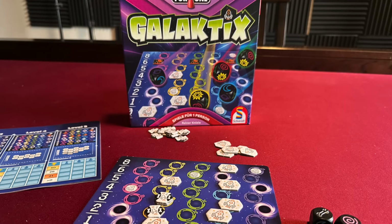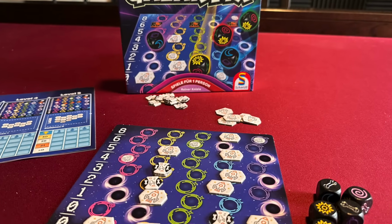Number 8 is part of a series of games called 4-1. There are 4 solitaire-only games that Reiner Knizia put out this year, and my favorite of the 4 is Galactics, and that's why it's my number 8. And this is a game where you are rolling dice and you're trying to move spaceships up a number of tracks. The base game itself, the initial kind of teach game, is very simple,